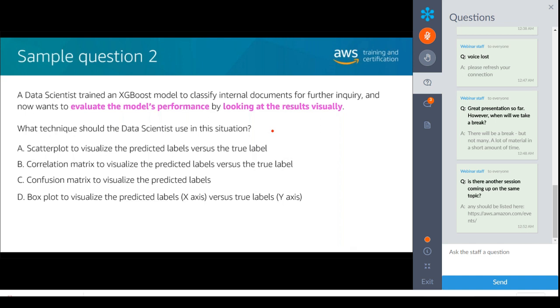Well, this is where we need to have knowledge of the different ways of visualizing data. So we're looking at the model's performance. So it's going to be some value from 0 to 1, and it's probably some kind of accuracy measure. Let's say RMSE, something like that. So we could use a scatter plot to visualize the predicted labels versus the true label, but that's not really useful because